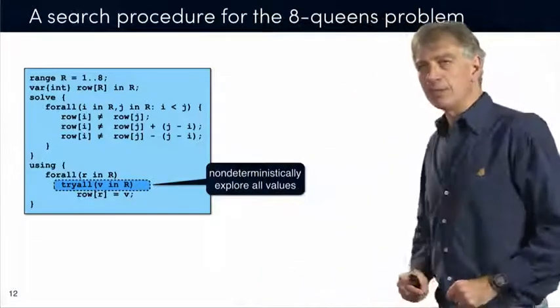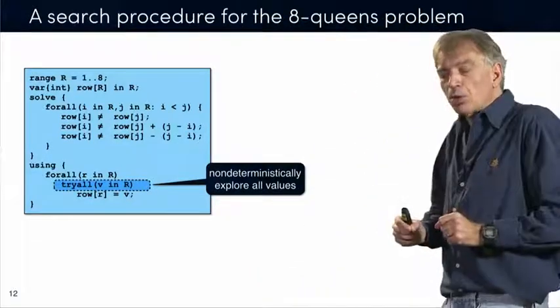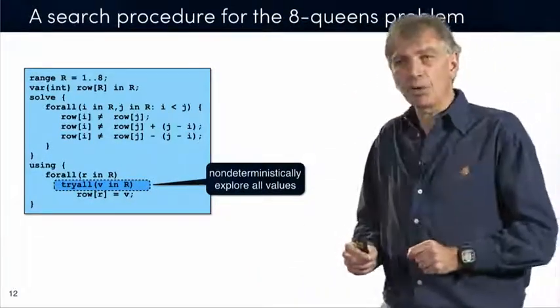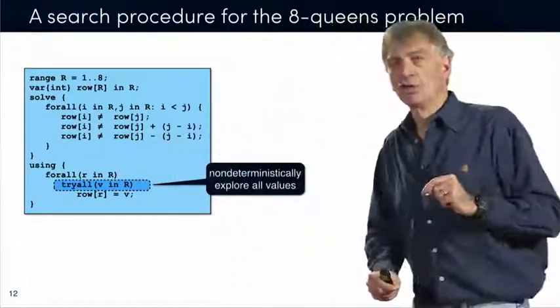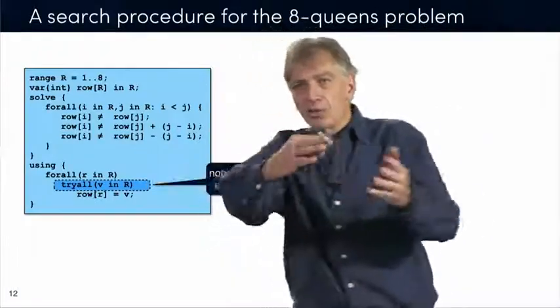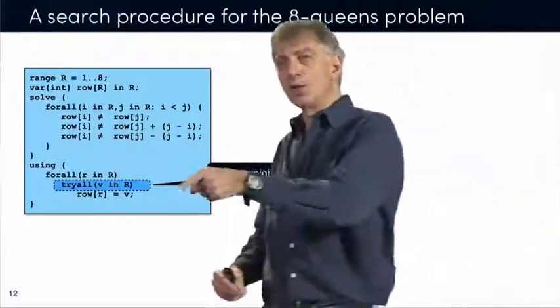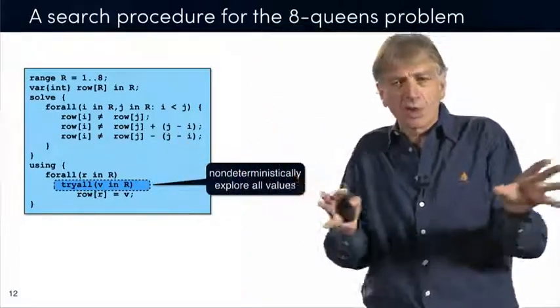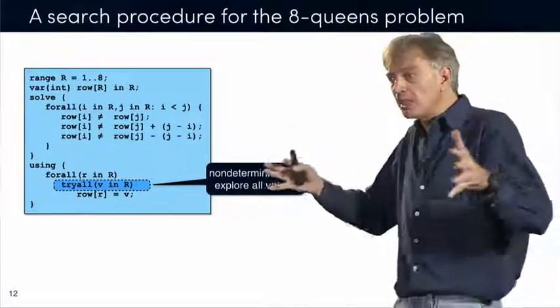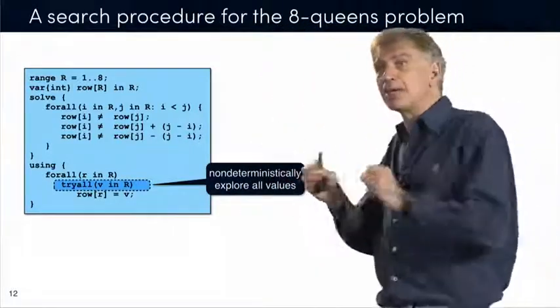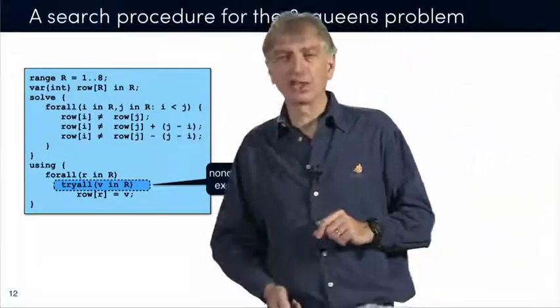But if later on the execution fails, it's going to come back to this instruction and try another one. So a for loop is kind of iterating over all the values. A trial knows that it has many possibilities to actually do something, and it's going to pick one. And if later on you are in a failure mode, you're going to come back and try another one. That's a non-deterministic instruction.